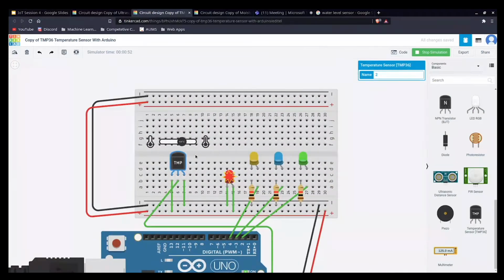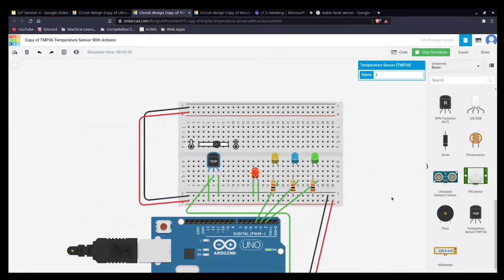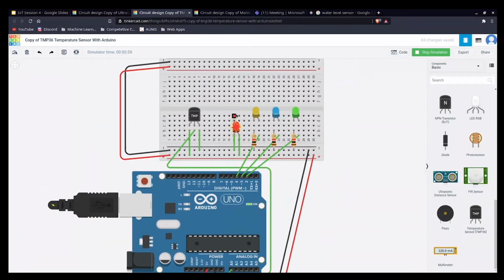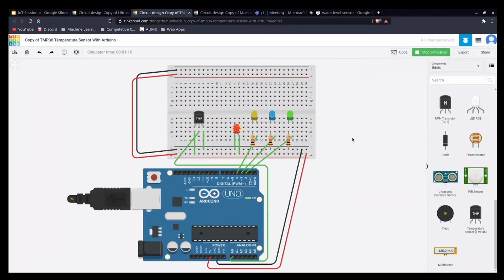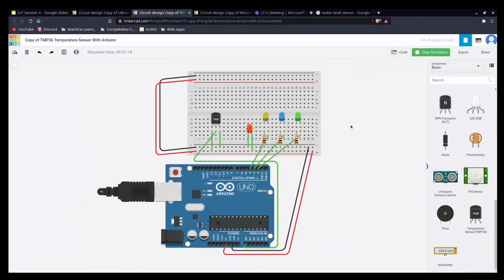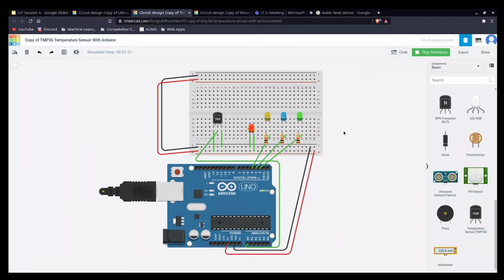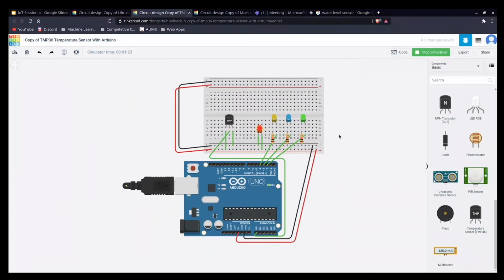Okay, so this is just a kind of a prototype. You can develop this, add more LEDs, and we can show it like a level bar and mark it as an average level or the cool mark. Like if the first two LEDs light, then it's a cool temperature, and we can build something like that and then show it to your friends or convert it into a proper case and show it as your project.